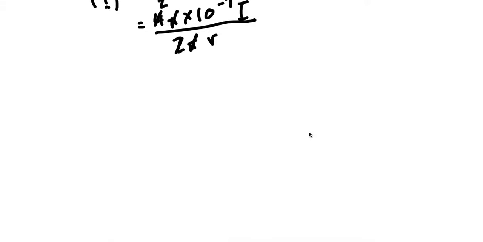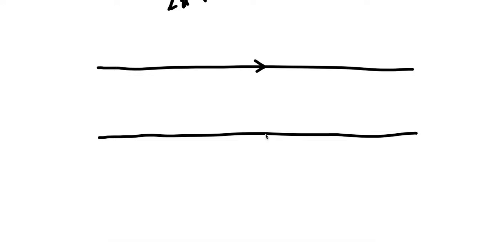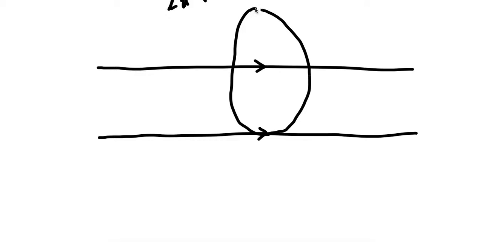The other piece we can do, and I've done this in the explanation video a little bit, is that if I've got one wire carrying a current in a direction and another wire carrying a current in a direction, then the field due to that top wire is going to be in the same direction as the one we just looked at. So it will go down, around, through where that other wire is. Oh, sorry, that's a very dodgy ellipse. This is our radius r, the distance between the two wires. And at the point where it's passing that wire,